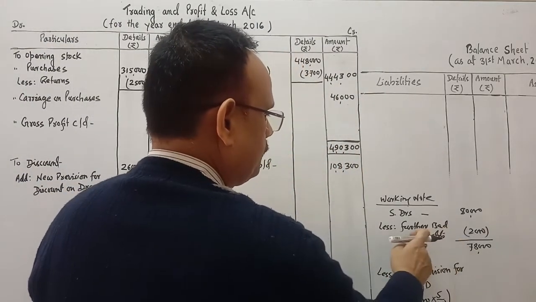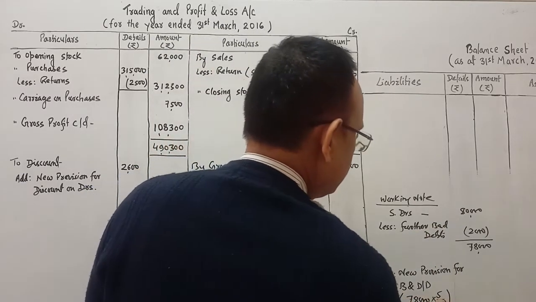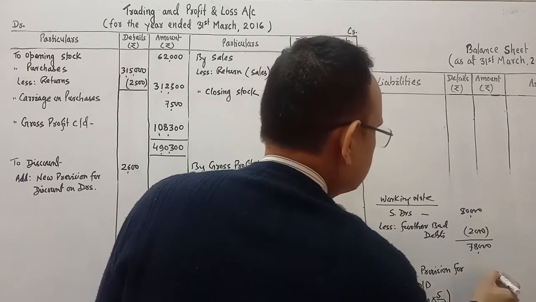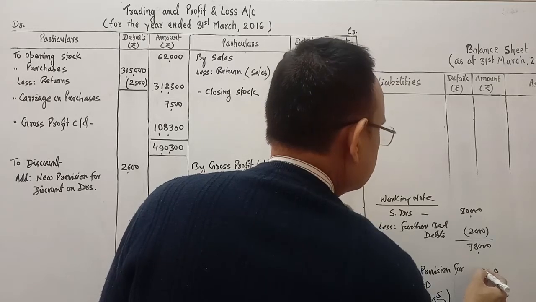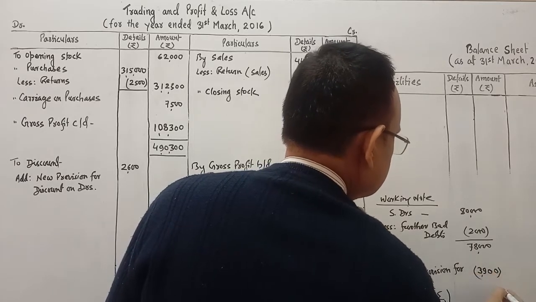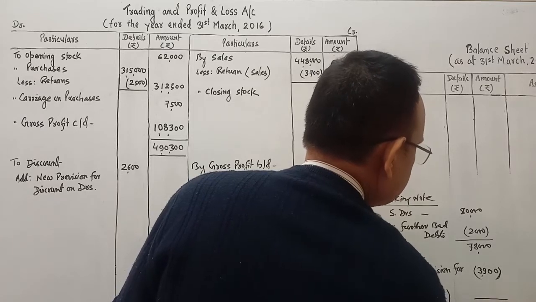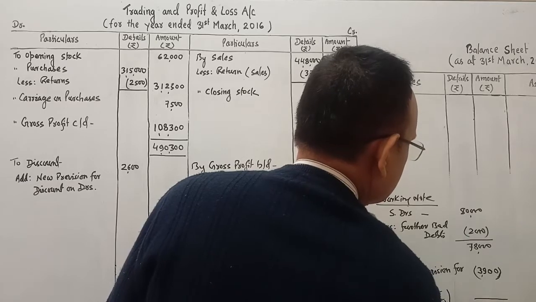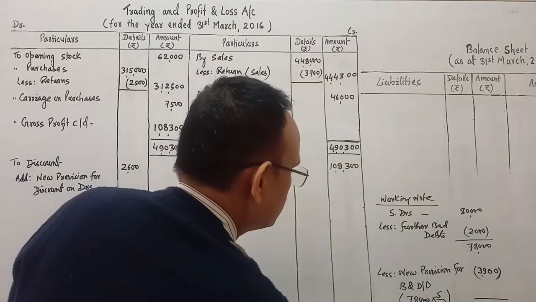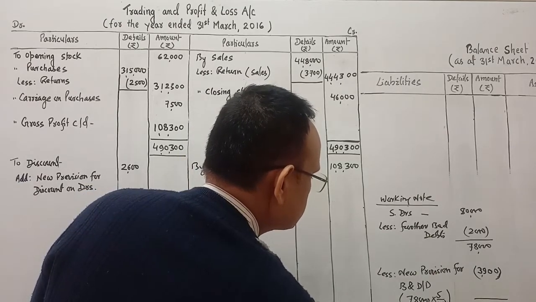It means on 78,000, the amount is 3,900. After deduction of this amount, the rest is 74,100. We will calculate the provision for discount